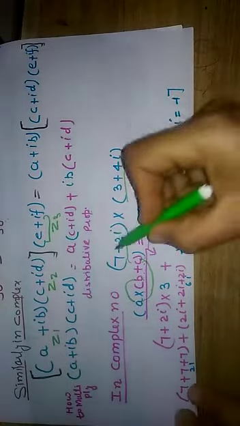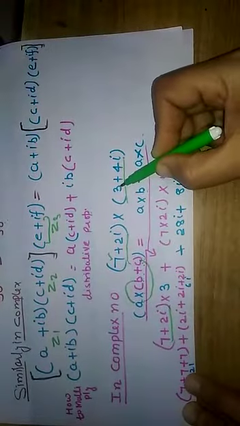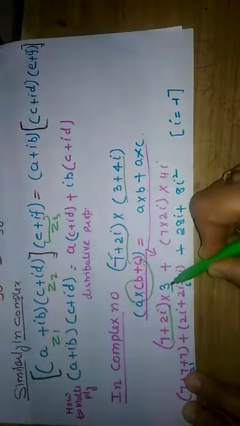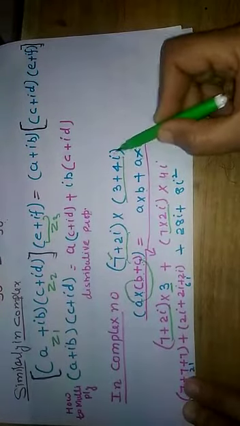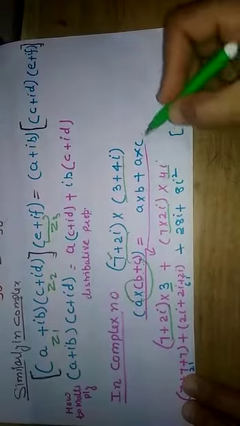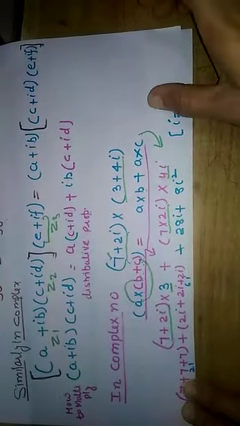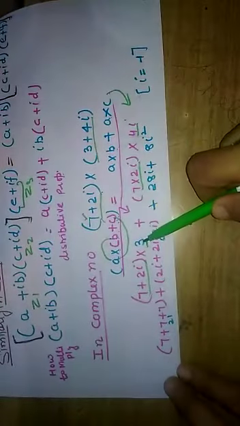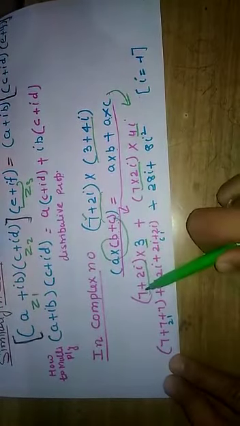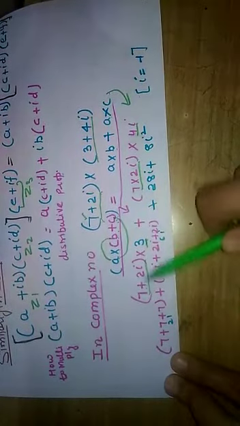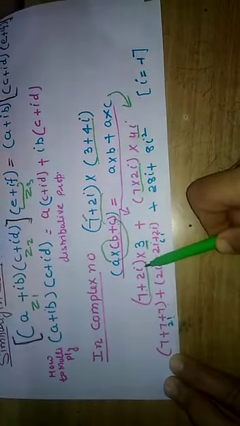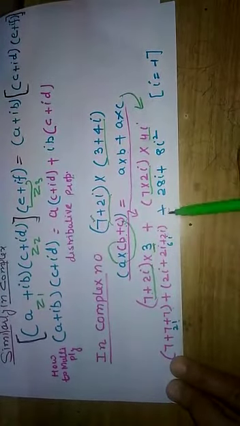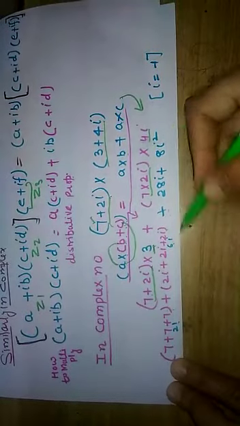First I will take the real number from the first bracket. See, I have taken the full bracket here, and the real number from the second bracket, only this. Again I will repeat this complex number here and take another imaginary number here. So we have applied this distributive property. I will multiply 3 inside the bracket. So 7 multiplied by 3 means adding 7 three times, 7, 7, 7. It will give me the result 21. And 2 iota, I will add 3 times 2 iota. It will give me the result 6 iota.